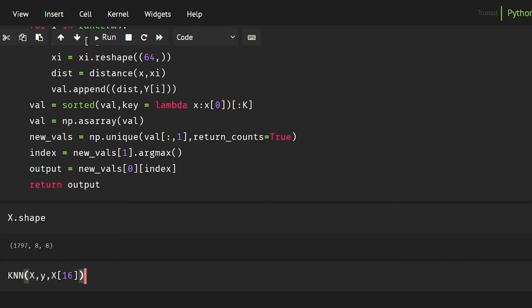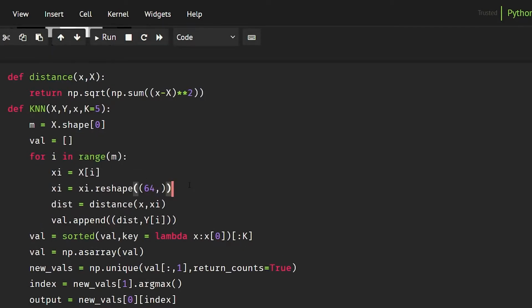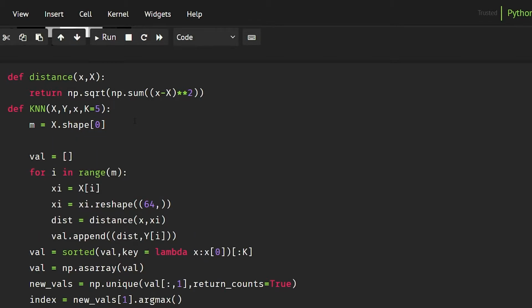But we cannot pass this directly like this. Why can't we pass it like this? Because we also have to perform the same thing here. So the best way to do this is x equal to x.reshape, and here we also have to reshape it into 64 with 0.